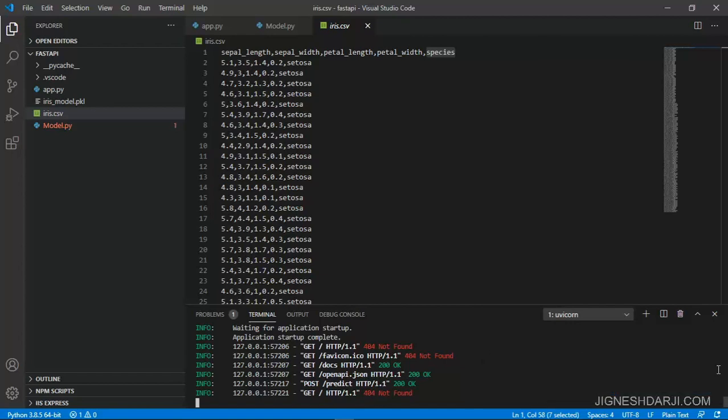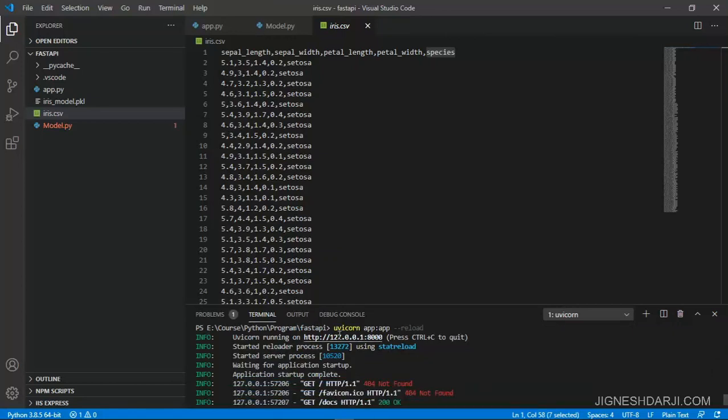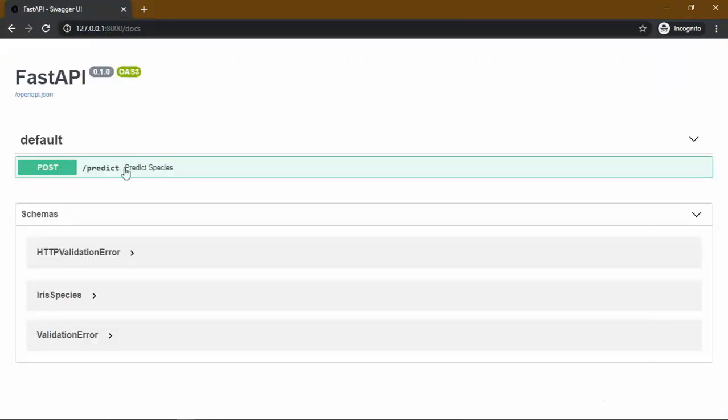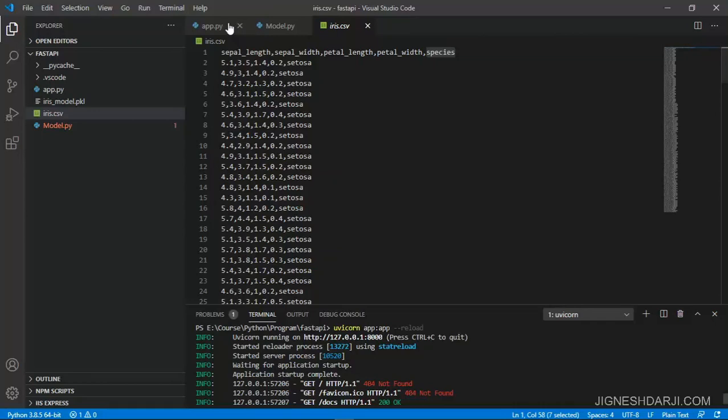Let's run this project using uvicorn. So I use uvicorn app:app and then reload. Now it seems that details are not found for the default URL, and in the Swagger URL we can check the predict POST API over there.